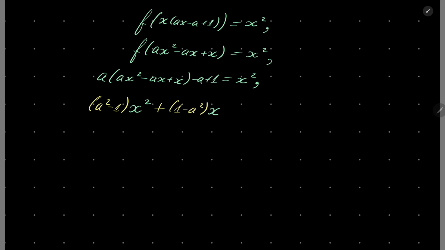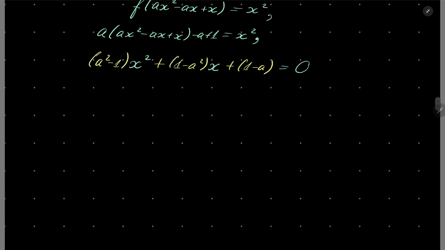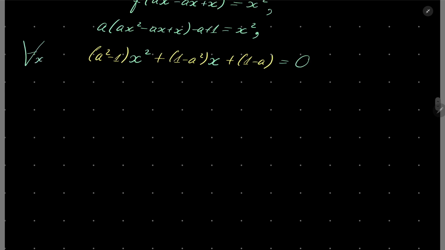And finally, we have plus 1 minus a equals 0 for every positive number x, and that can only be true if a equals 1, because